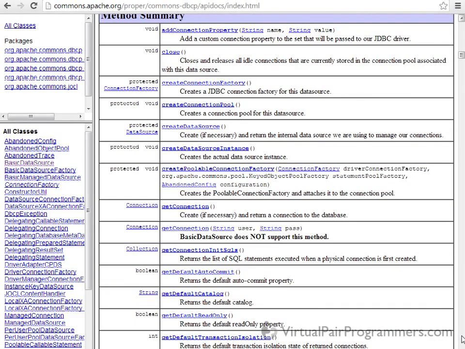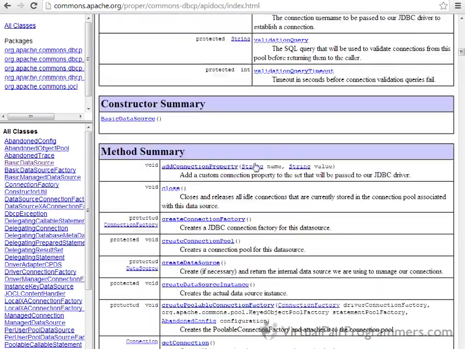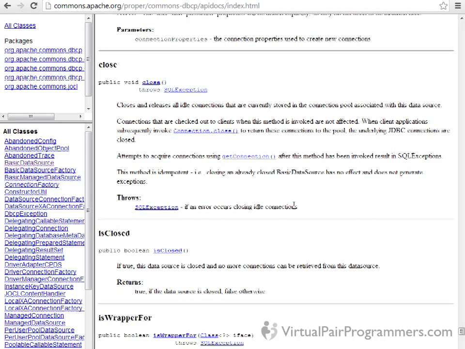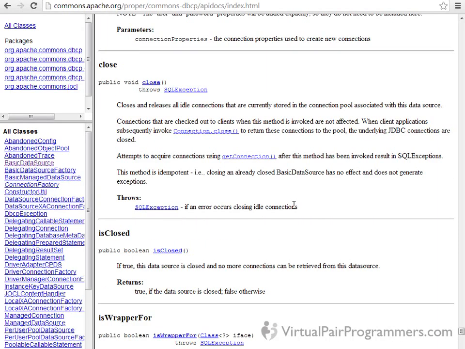The basic data source has a method. I'll need to scroll down quite a long way. In fact, here we are. It has a method called close. Now, the intention of this close method is that you call it when the application is completely finished. And that means not when you've finished with the database connection, but when you've finished with all of the database connections and you want the entire pool to close down. So if you were writing a web application, for instance, you would need to call this method